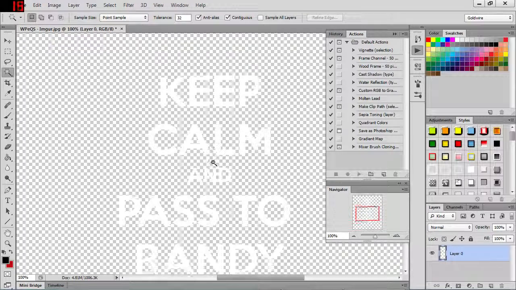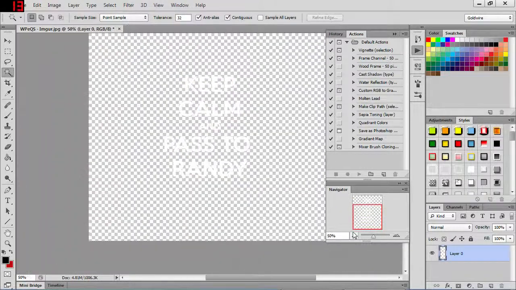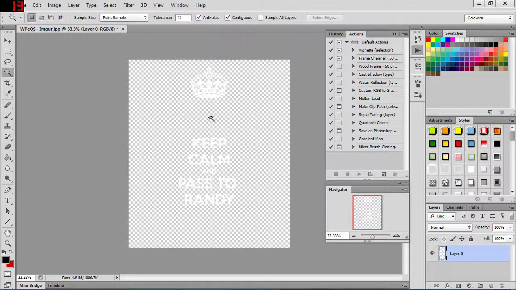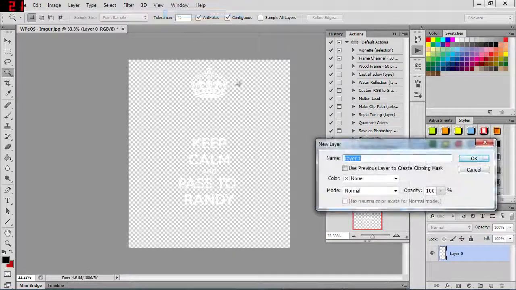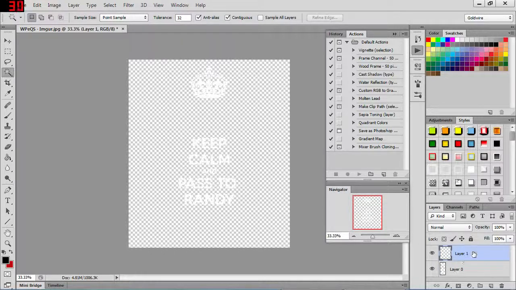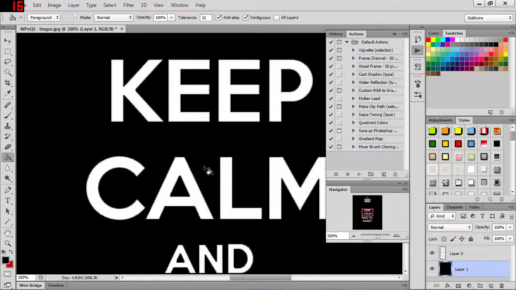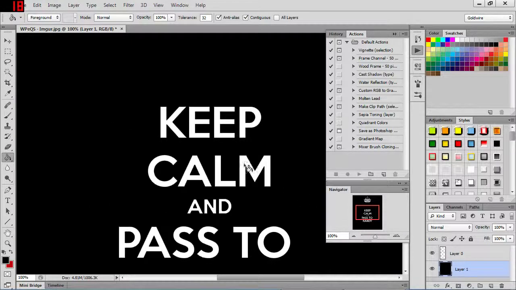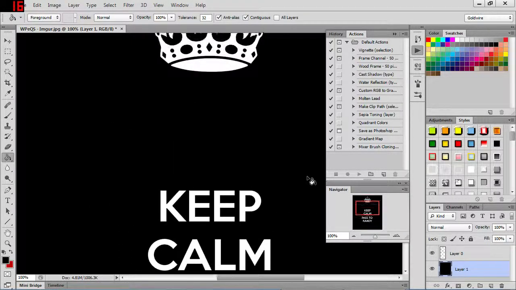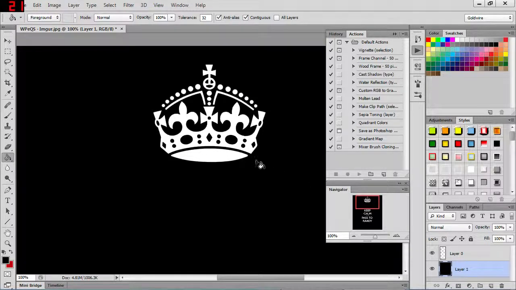So it's perfect now. And if you want to check out the edges, you would create a new layer and put it below the text and crown layer, and select the paint bucket, make sure it's set to black, and just apply it. That way you can zoom in and check out the edges. Oops, let's go to 100%. Check out the edges. And you go up to the crown and notice that the edges are a